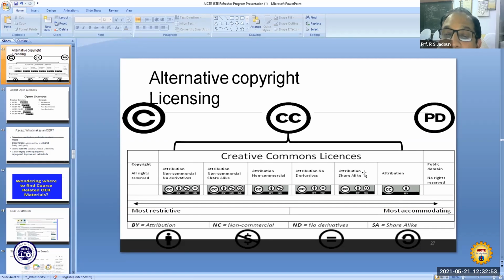You see it here, and that can be reused, redistributed, improved, or all 5R can be used here. And then there is another, the last, public domain. That material may be good or maybe material which cannot be used. So that is public domain, where there is no right reserved.